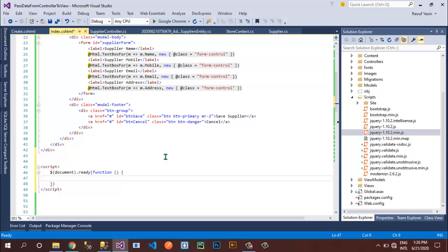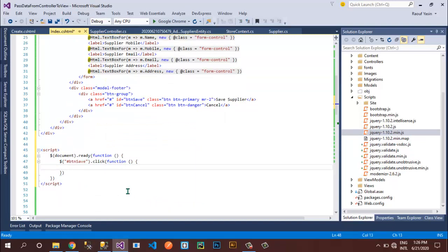So this is our jQuery function. Inside here, first of all I will look up the button's click event. I will write $ and pass my selector as the ID of my button, and then I will set click, and over here I will create another callback function.